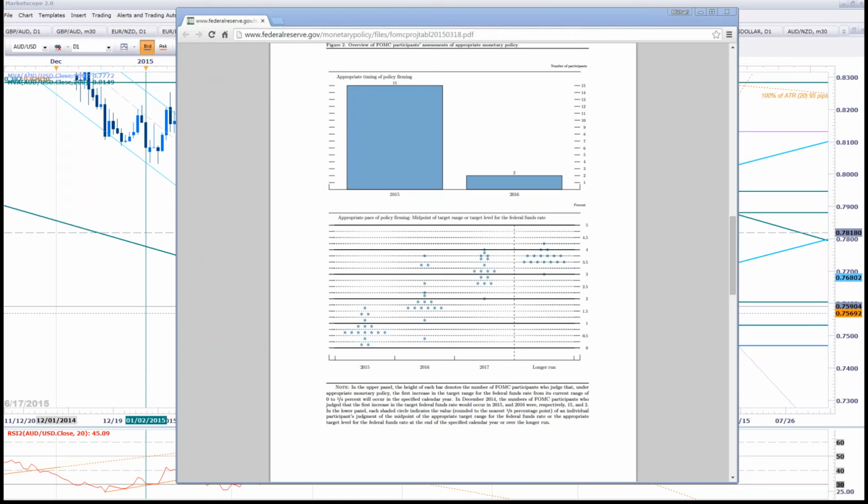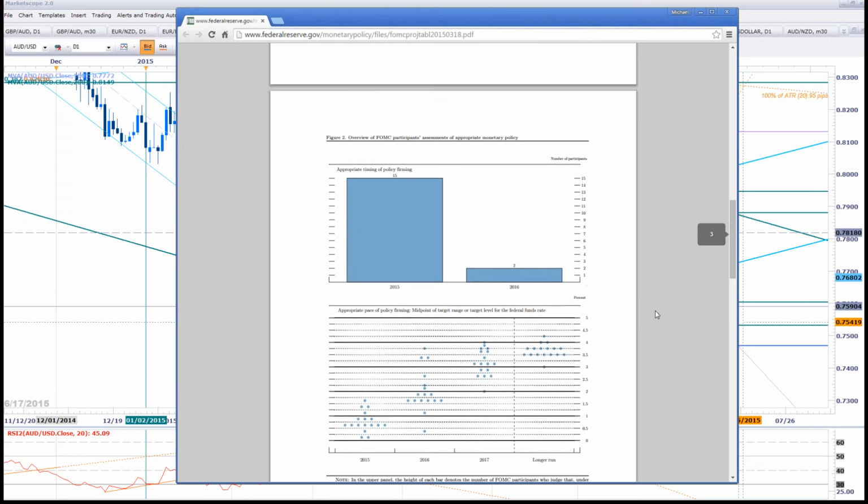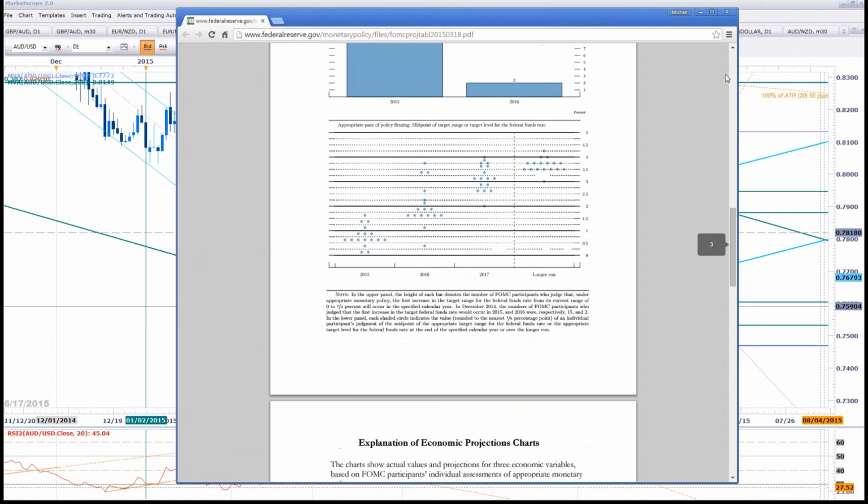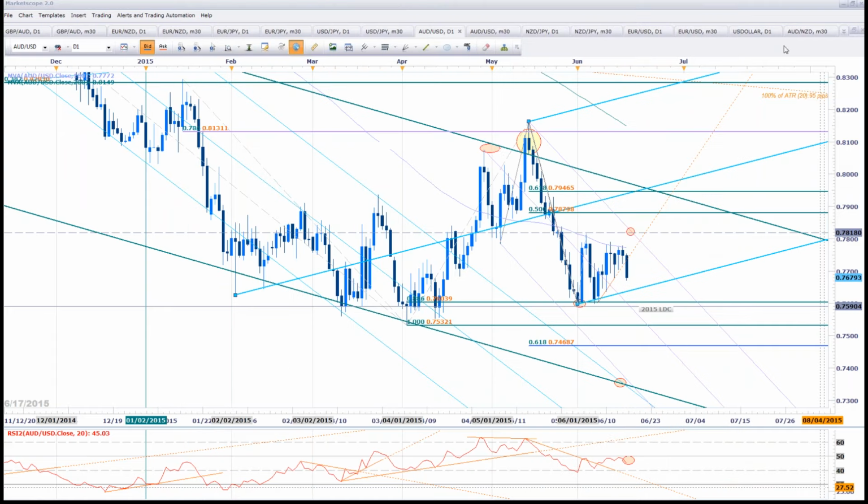Dan says you've got to at least have an idea of what's going on. Exactly, Dan, exactly. So the first thing you do as soon as you get the release, guys, is just come to page 2 here on the figure 2 and just check out what the dot plot shows, if there's any divergence, and the appropriate time of policy firming. These are the 2 major factors that markets will tend to move on: the pace and the timing of policy firming. Okay, so on that premise, now that we have an idea of what we should be looking for,